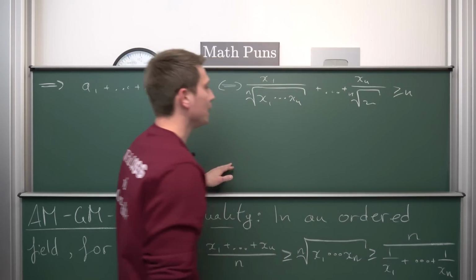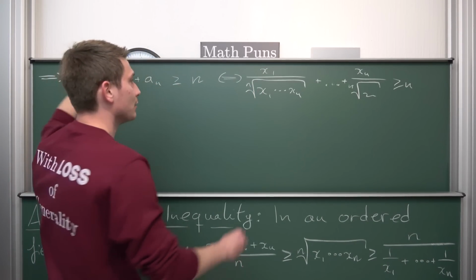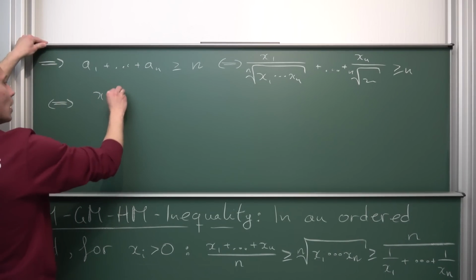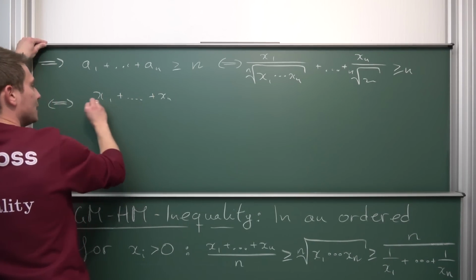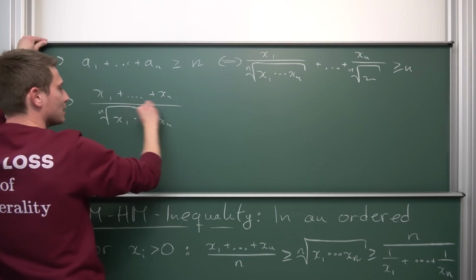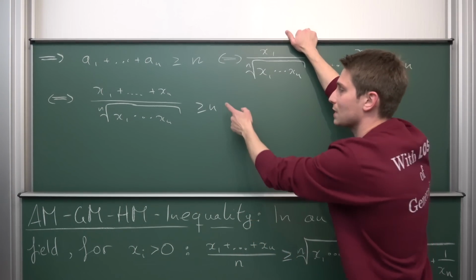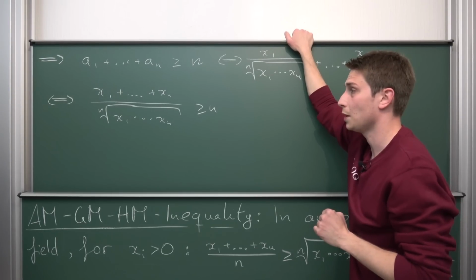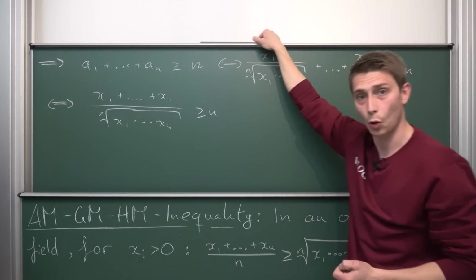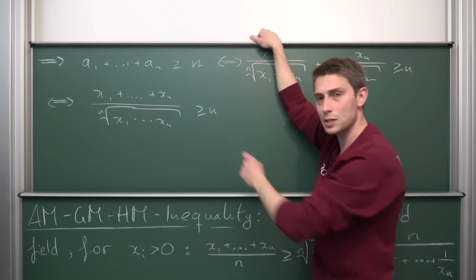Now we got a common factor once again, 1 over the nth root of all of our samples multiplied together. Meaning this right here is equivalent to saying we have x1 plus dot dot dot up until xn divided by the nth root of x1 up until xn multiplied together, and this right here is greater or equal to n. And well, we got a positive number of samples. This n is greater than 1. Also by definition of our xi's and the nth root right here, this is greater than 0, not equal to 0. Meaning we can multiply both sides by our nth root, and divide both sides by n,